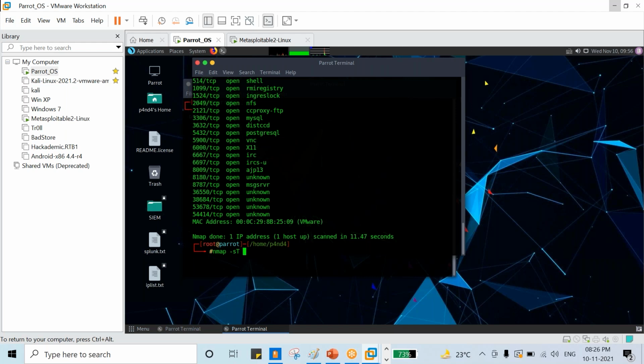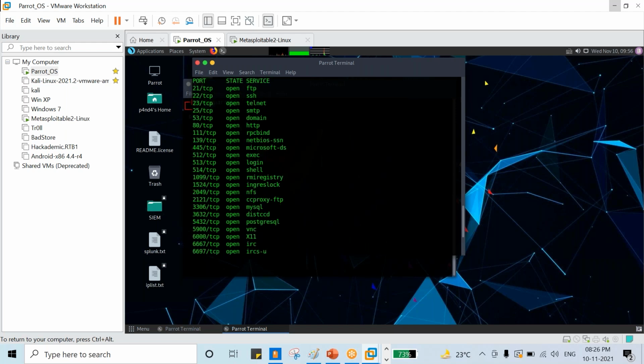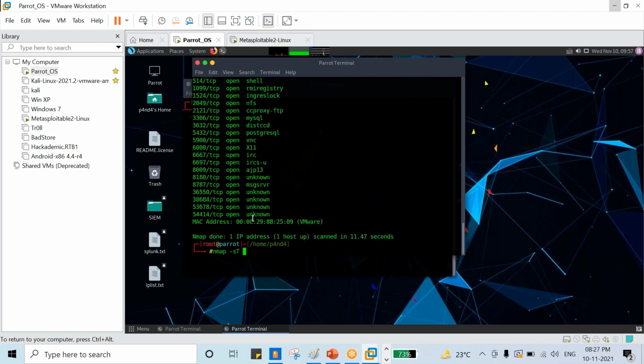Okay. Let's take one open port. I will take port number 80. Whenever we are talking about a port, I mean an open port, you can mention it like this. We can give the command like -p 80, port number 80, and your target IP address.